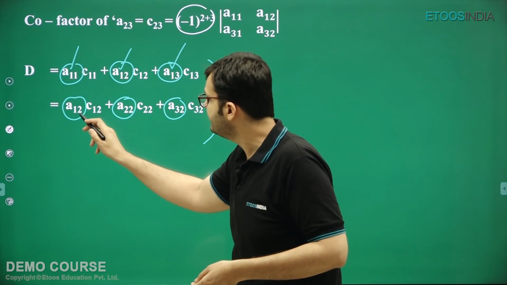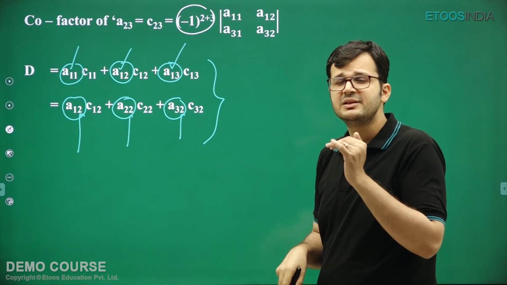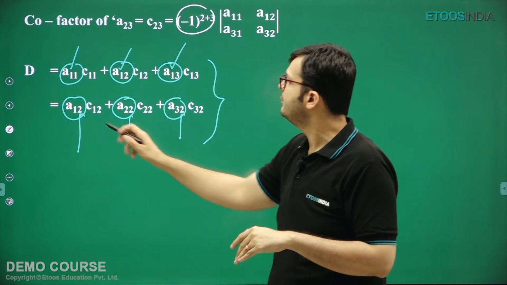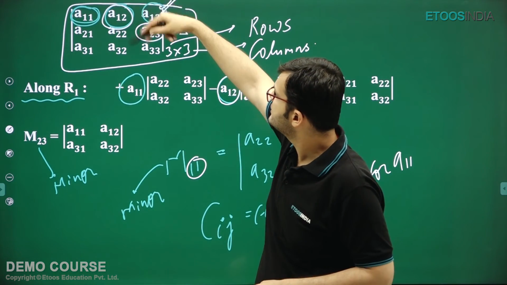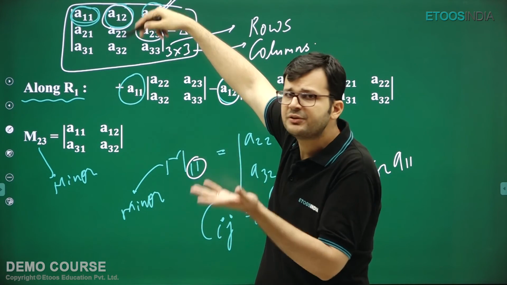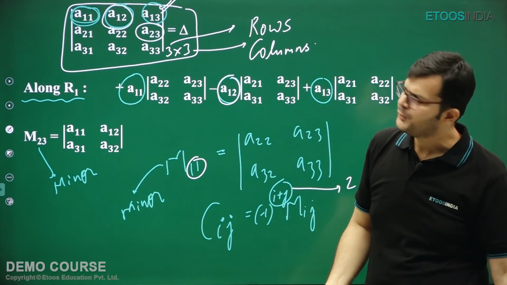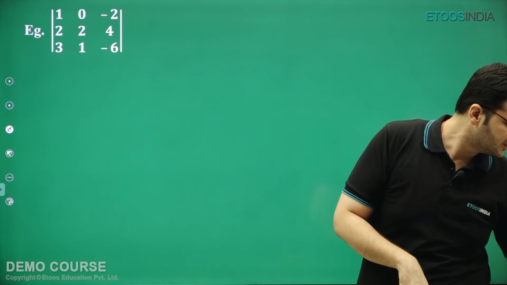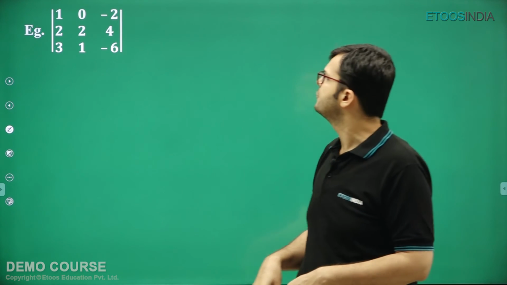You can see here this 2 is constant: A12, A22 and A32. That means these are the elements of the second column. So this time I have taken the elements of the second column. If you visualize it, it would be these 3 elements. I have taken the elements of the second column and multiplied every element by its cofactor. So whichever way you do it, the answer is going to be the same. So let us open this determinant along two different rows and columns.